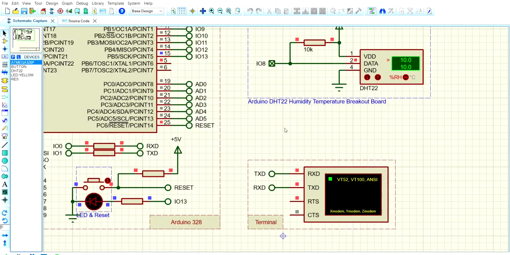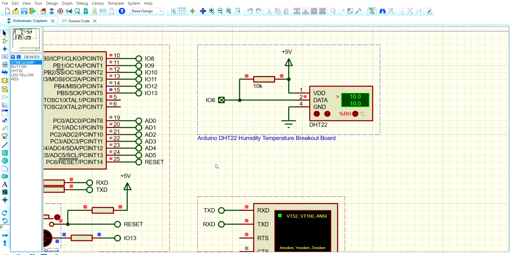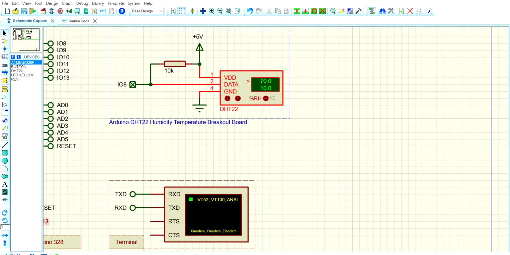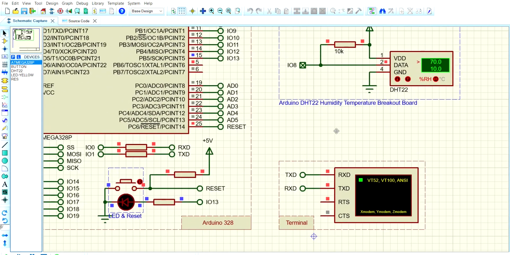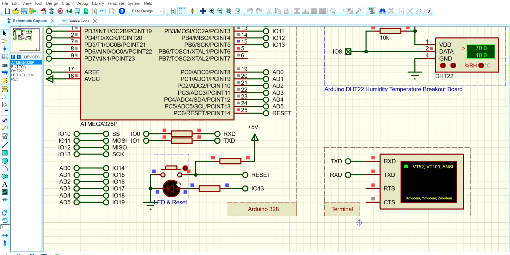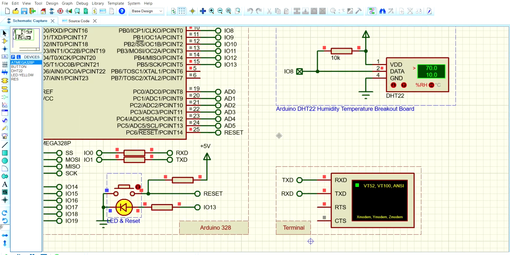Once we change the humidity and the temperature settings, first we need to stop the simulation, and then if we change the humidity and temperature settings, we get another output from the LED. The LED is again blinking, but with a different time interval. In the first case, it was blinking for 1 second, and in the second case, it is blinking for half a second.